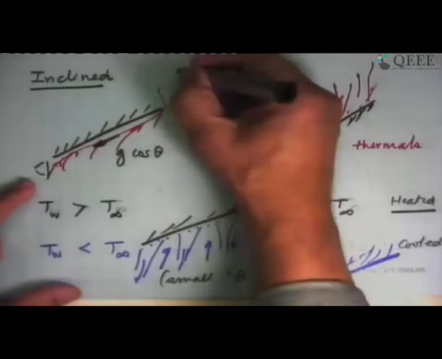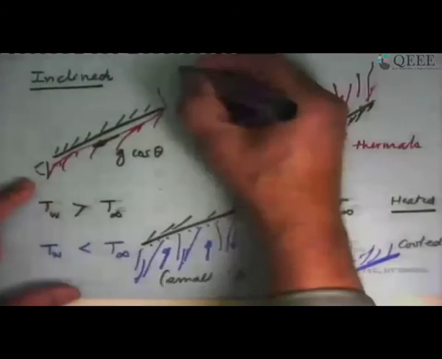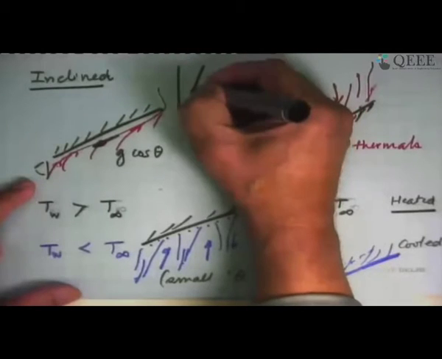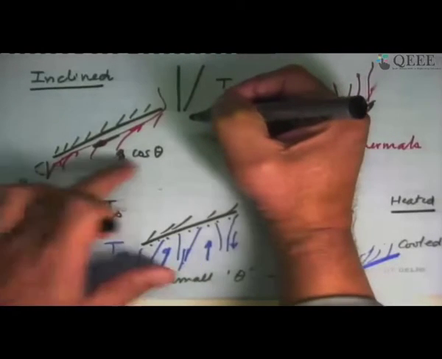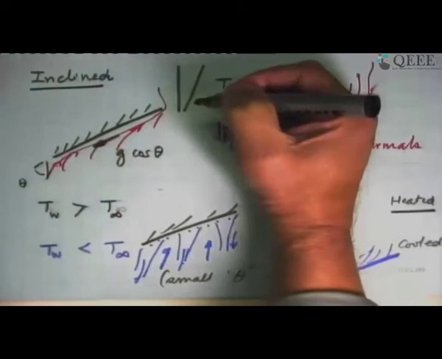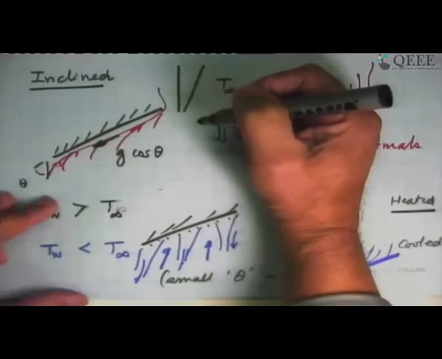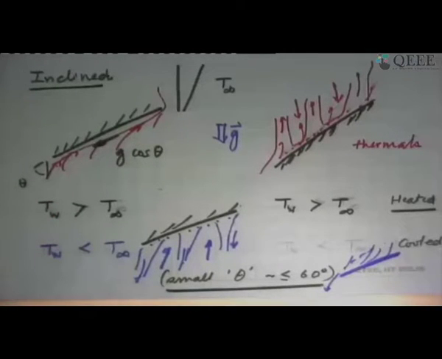So if the plate is vertical and it is inclined by only say 10 degrees, g cos 10 gives a reasonably good estimate of heat transfer from the plate. This answer is okay as long as theta is less than 60 degrees. After 60 degrees, this approximation is quite bad, and if you make an experimental measurement and try to get this number from a correlation this way, there will be a very big difference. It is not recommended in that case.